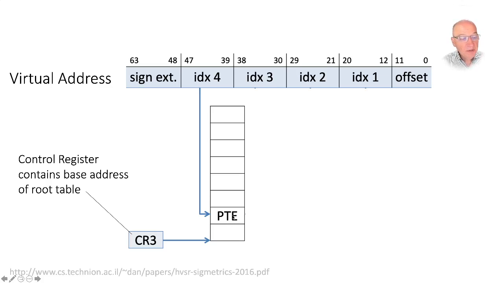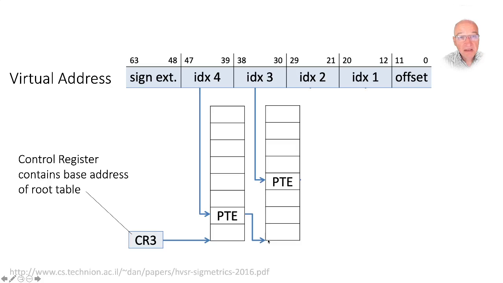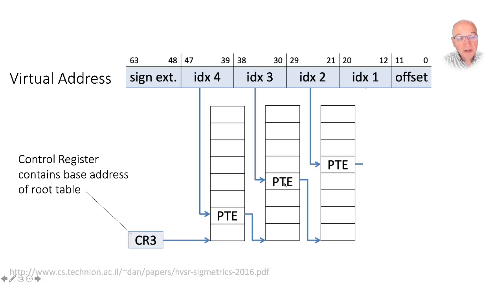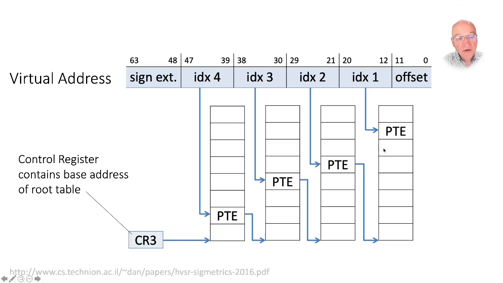And then I take that page table entry as the base address for the next level in the page table, and I use index 3 to find the page table entry at that level, and I repeat the process now with index 2 and the address that I just got from that level of the page table. I go to the next level, and finally I get to the bottom level of the page table, and this will be where I'm going to find my physical address. So this is how